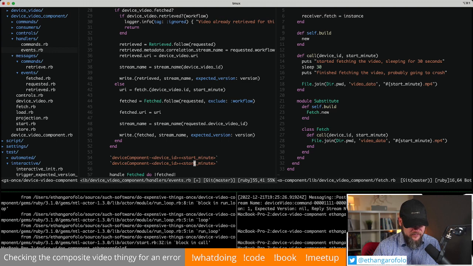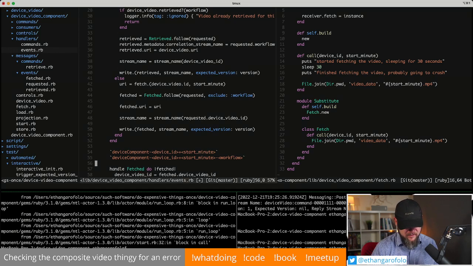So is it possible to use another stream here, like the workflow in question, is what I'm thinking. So would that help? What would that do? When we project a stream, we project based on the full ID. No, I actually don't think this is going to work, because so